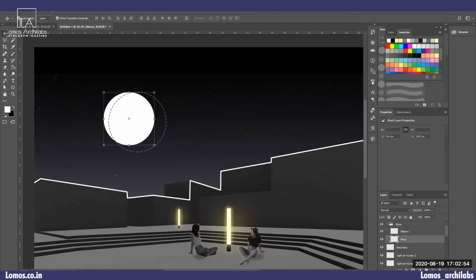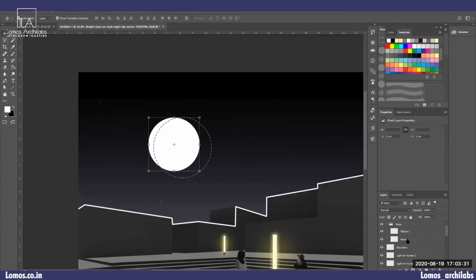Now after creating this, I want to add one more element. So let's just create another layer. And in this one, I want to select the line tool. Now I will create another layer in the moon group, to add another element, a line.